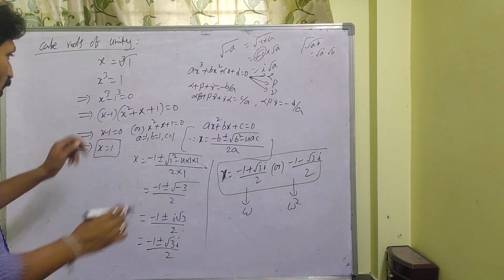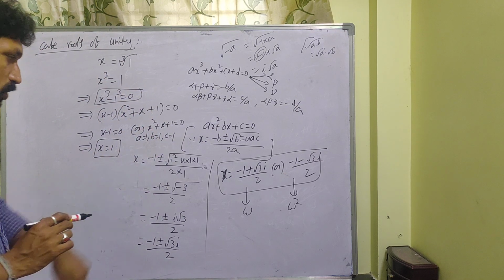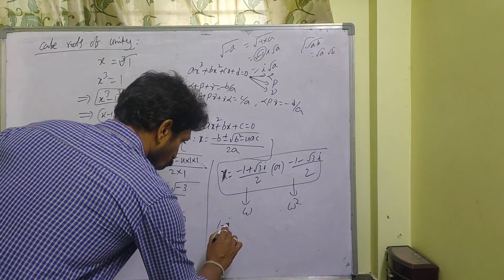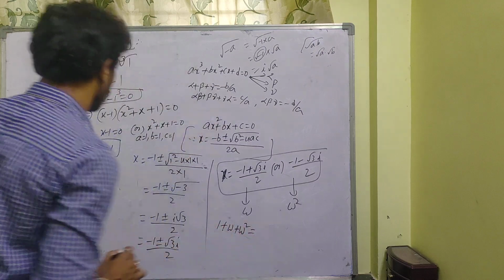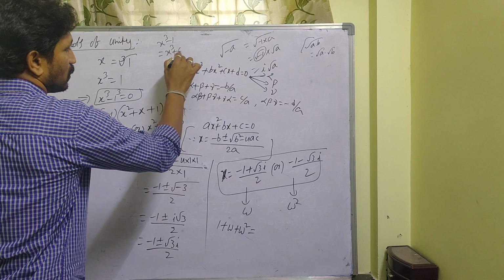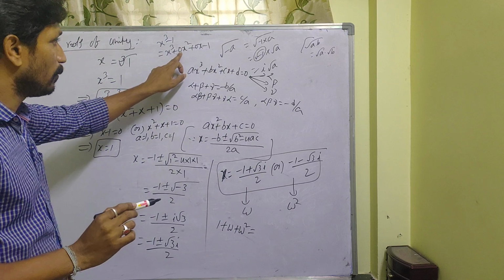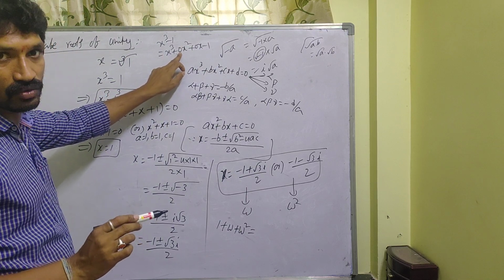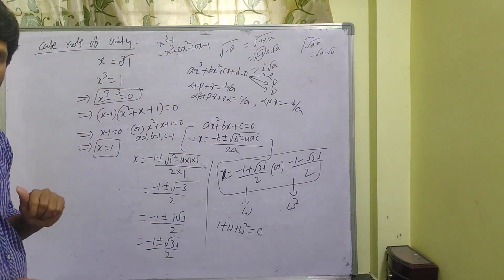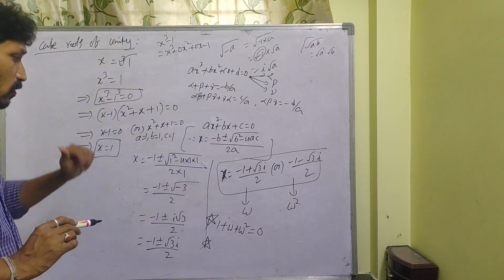According to this one, here these are the roots of x cube minus 1 is equal to 0. So what can you conclude here? Sum of the roots 1, omega, omega square. Here this x cube minus 1 you can write as x cube plus 0x square plus 0x minus 1. So it is minus b by a. Minus b means here 0. So 1 plus omega plus omega square is equal to 0. Very, very important.